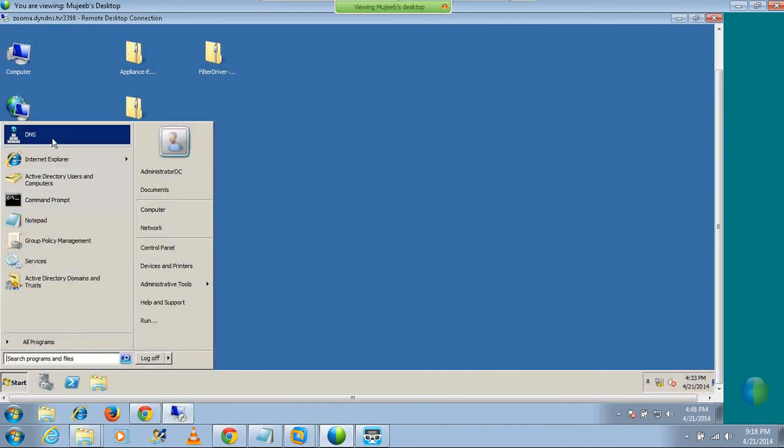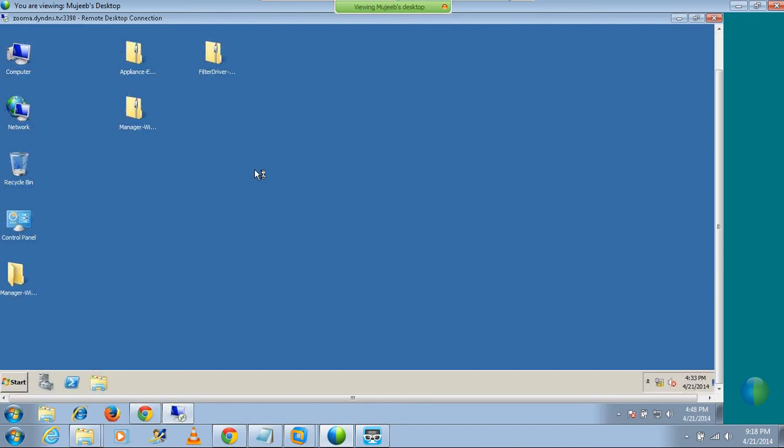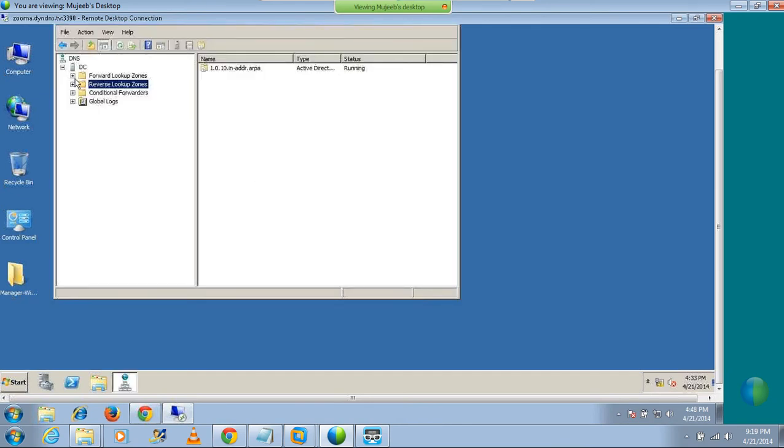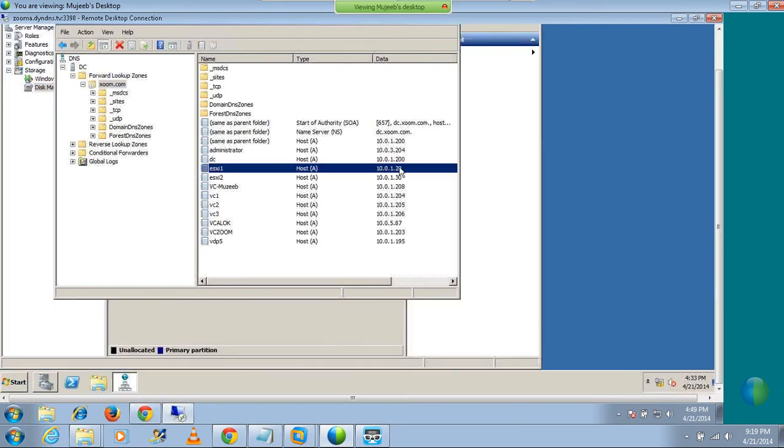Click on start. Here you find DNS, or you can also go from administrative tools to DNS. Yeah, in this way, one and the same. And here in the forward lookup zone, you find zoom.com, and on the right hand side, these are your host A records. And how to create a host A record here? In this way. As you find this ESXi1, this is the host A record for my ESXi 10.0.1.20,